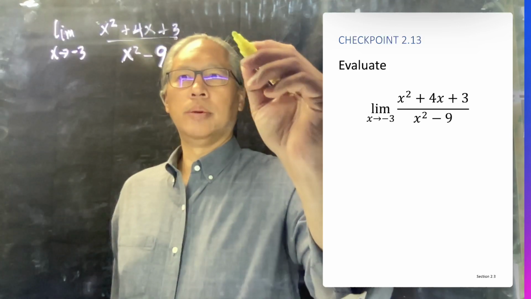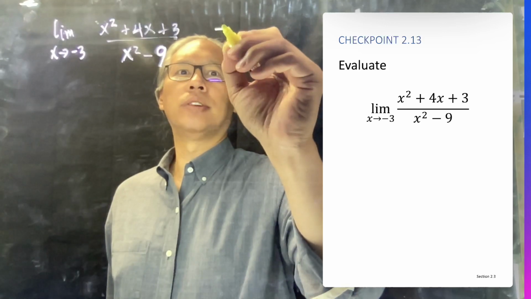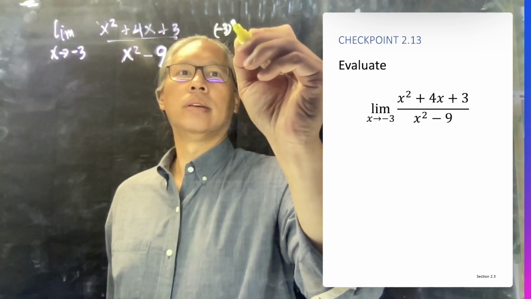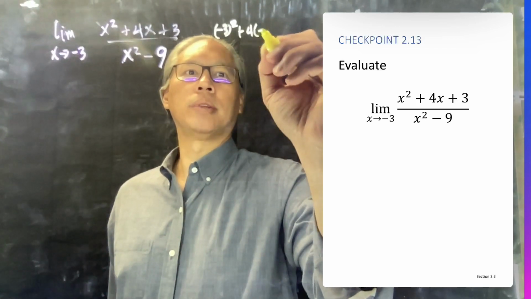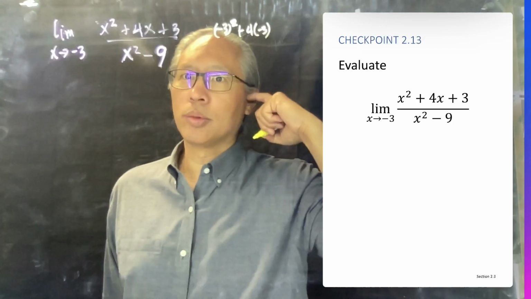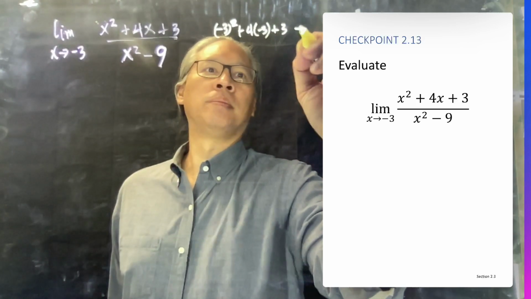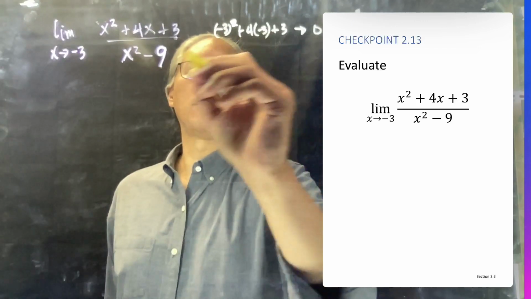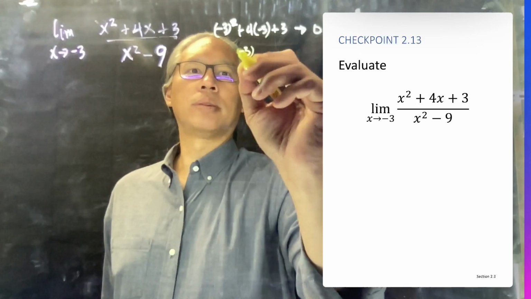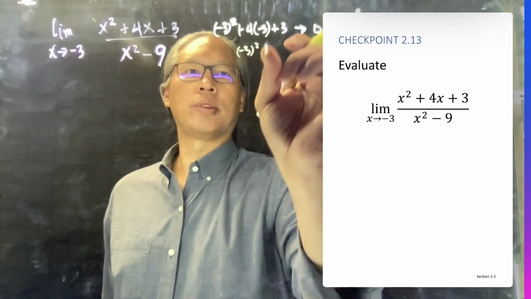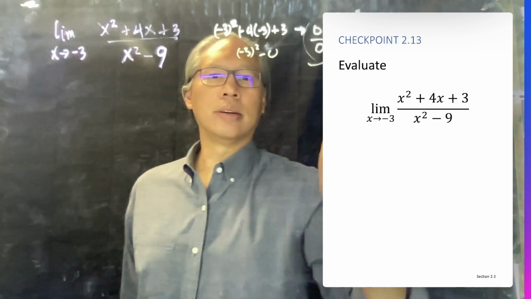and so we will see that the numerator will be -3 squared. 3 squared, that's going to be 9, plus 4 times -3, which is going to be -12, plus 3 will make 0. So this is going to be 0 on top, and then this is going to be -3 squared, which is going to be 9, and we're subtracting 9, so that's going to be 0 as well. So this here,